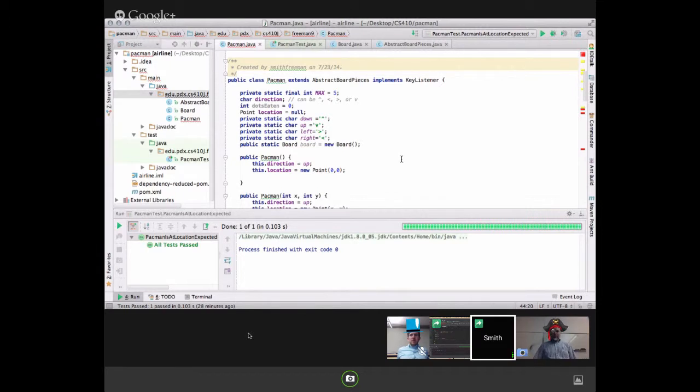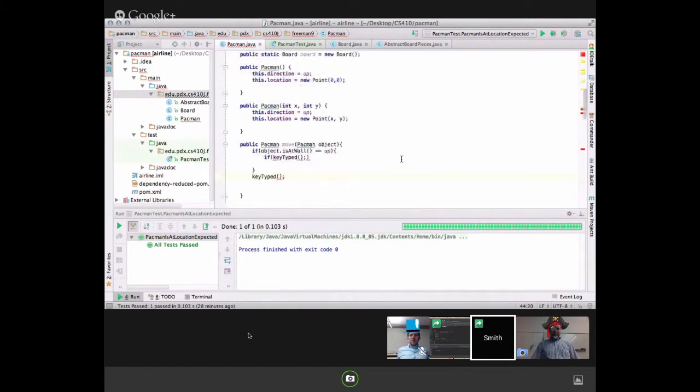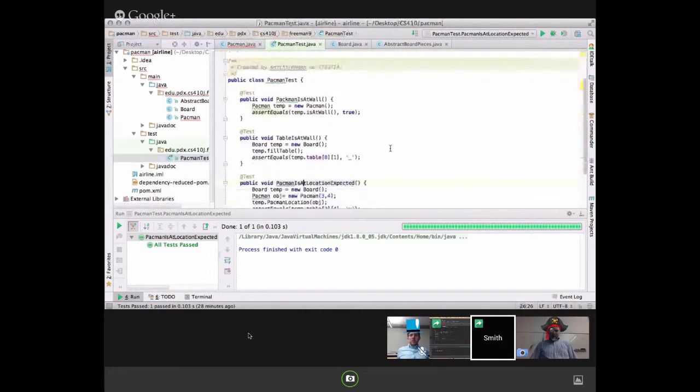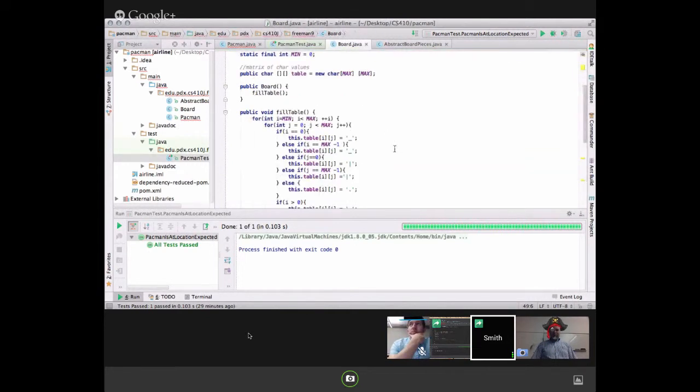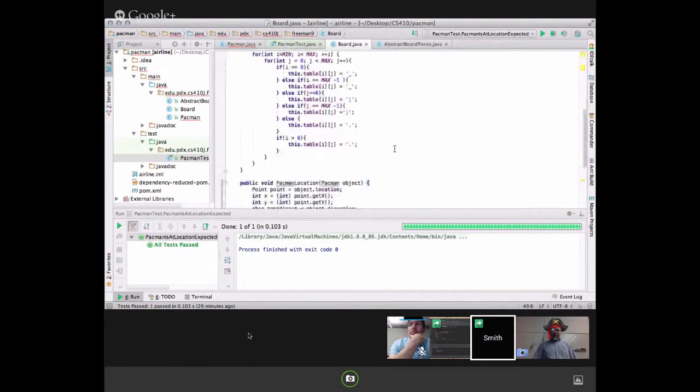And right now we can show you our tests that we ran to confirm that the matrix is good. We also check the bounds, and that the board knows about the Pac-Man we place in a given location, and the direction. Right now we have a board that's filled with dots, and then if we want a Pac-Man,